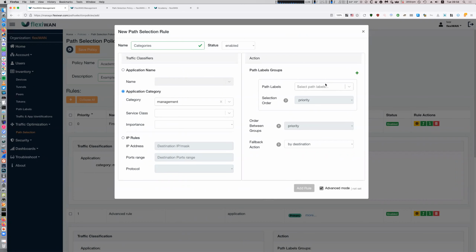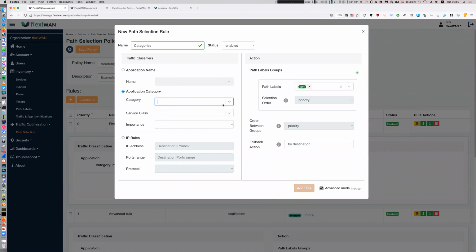You can pick a specific category, pick a specific label, and you route all the management across a specific label. But you can also say, okay, I want to use only the default ones, and you can also do a more granular approach. You can say, I want to only route traffic with high importance, service class default, and management category. Actually, management category from service class default, and with high importance, I want to route it through ISP1 or any other label. So basically this shows that you can combine these different categories,